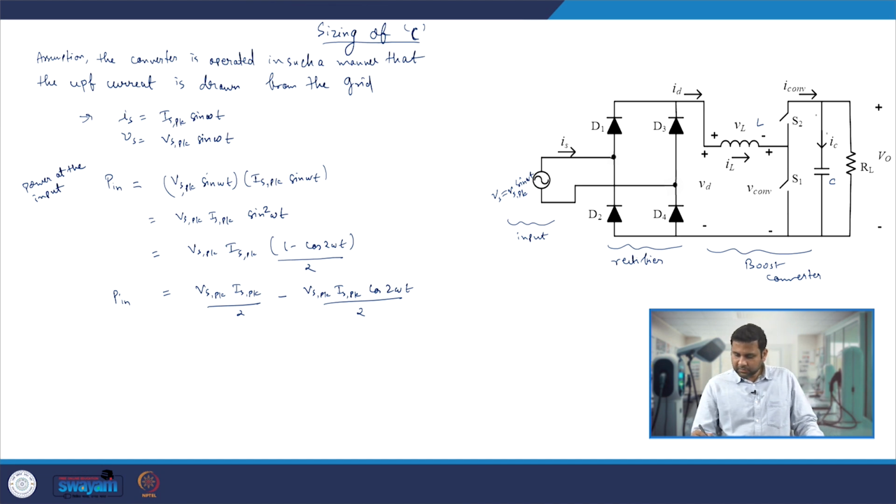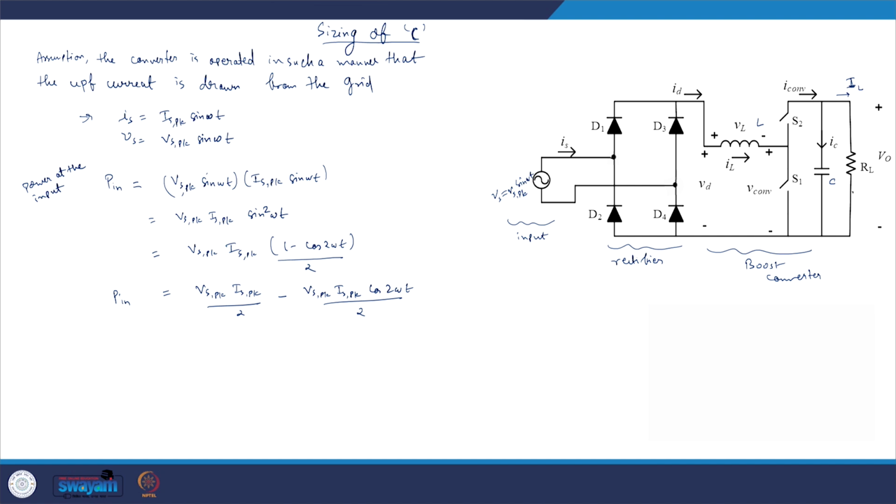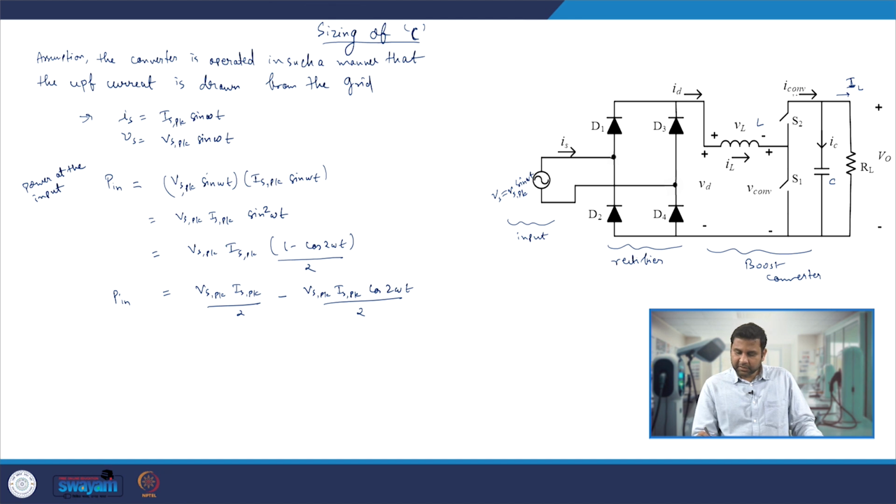And we can also see here that the current coming out of this half bridge is I converter. Some portion goes into the capacitor, while the average value goes through the load, and that average value we define as IL, which is going through the load. The ripple portion present in the I converter will be flowing through the capacitor. So we can see one simple thing: whatever the current we are getting over here and the voltage across this point, we can write simply the power at the output of the half bridge.